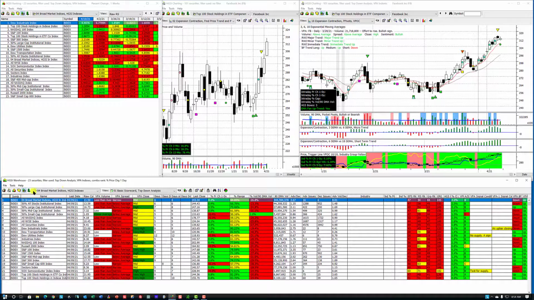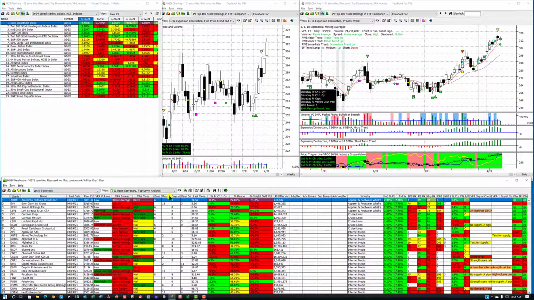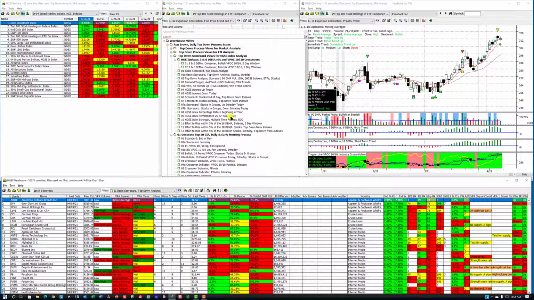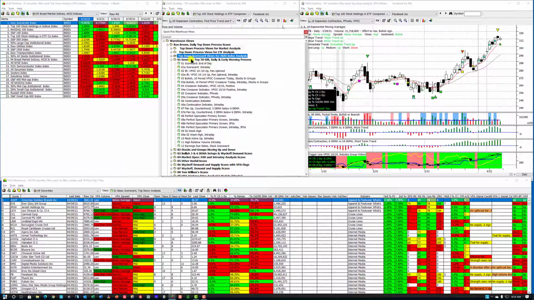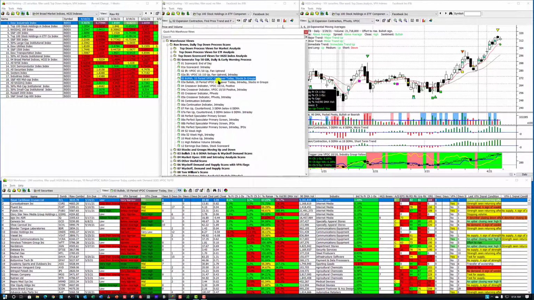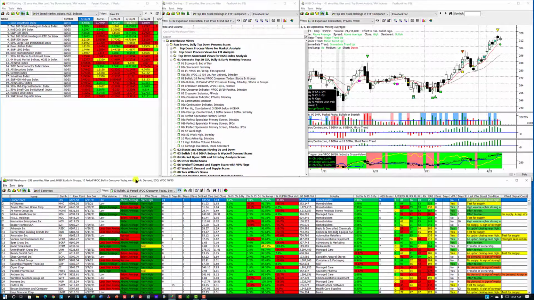Oh, I guess I should show you one more thing. I'm going to go to all securities. I'll hit my alternate space bar, and then I'm going to bring up the quick pick. I call this generate top 50. This is my morning process. One of the things that I just added, well, it's been in the program, I just brought it up here into this folder. I want to know the stocks that are crossing over on the VPOC today, or as of yesterday, Friday. I'll sort on raw combo because these are demand stocks,